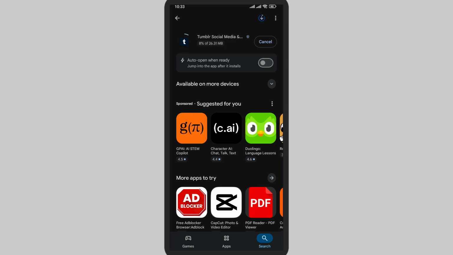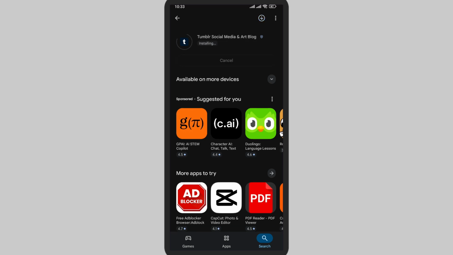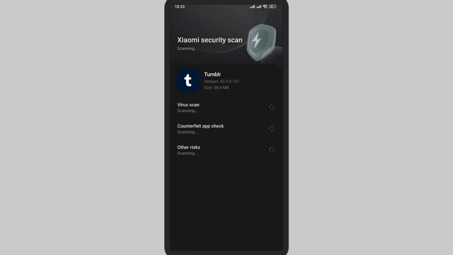So what is this app about? Basically, this is a social media app. Here you can post all the arts and different forms of your work. Now you can easily open the app